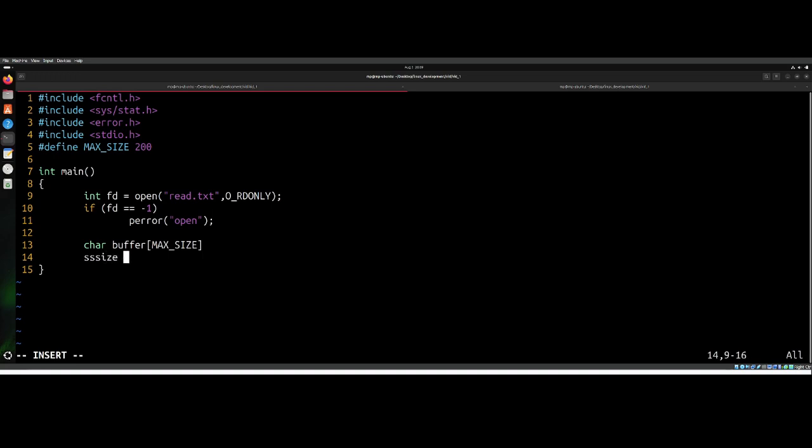a ssize. ssize_t is just a POSIX defined data type, which we will be learning in future lectures. For the time being, just be with me. I will say read num is equal to read. So read is the new system call, and the syntax of this system call is that